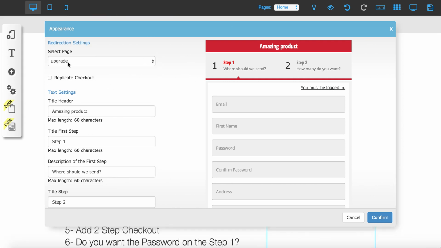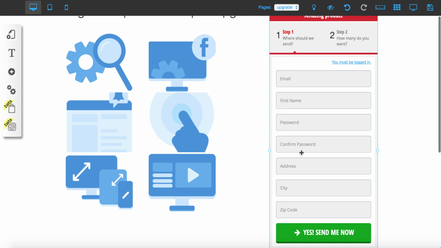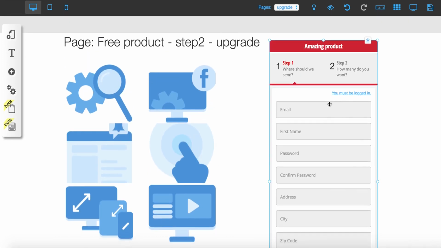What that is, if you're going to have an upgrade or an upsell, you can choose the page that the user will be redirected to. So in our case, the upgrade, and click on replicate checkout. If you do that, as you can see right here, it'll add a checkout on that second page automatically, and you won't have to do anything. And that is basically it. That's what you need to do